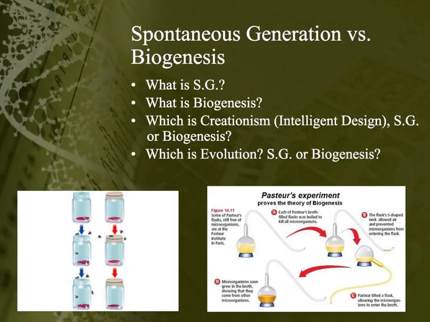No matter which religion you look at, if you go back and look at it, basically some intelligent being, some superior being, created human beings and all living things out of something. Now, which is evolution? Spontaneous generation or biogenesis? Okay, so here's the deal with this. The book, your textbook, brings this up at this point because its argument is that evolution is biogenesis. In other words, living things coming from other living things.